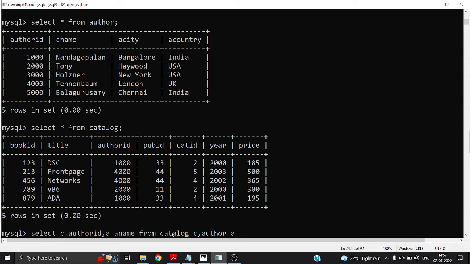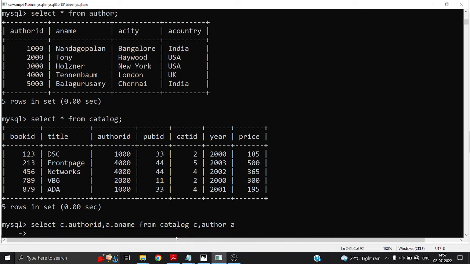Here the C is nothing but catalog, A is nothing but author. Instead of completely writing the table name, I'm using C as well as A alternatively. So now select C dot author ID, A dot author name from catalog C and author A. There's a from, we are referring the two tables, and our next job is